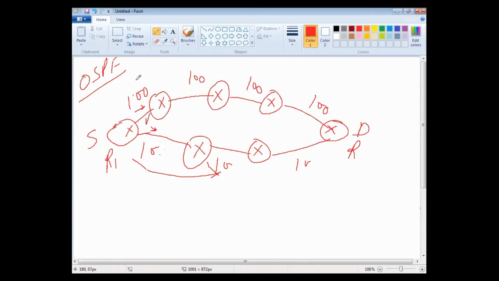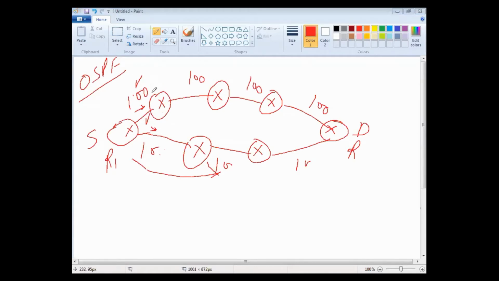As this is a 100 Mbps link, OSPF has its own certain costs against the bandwidth of any link. So it depends, like for 100 MB nowadays, the cost is 10. Sorry, cost is 10, not Mbps.